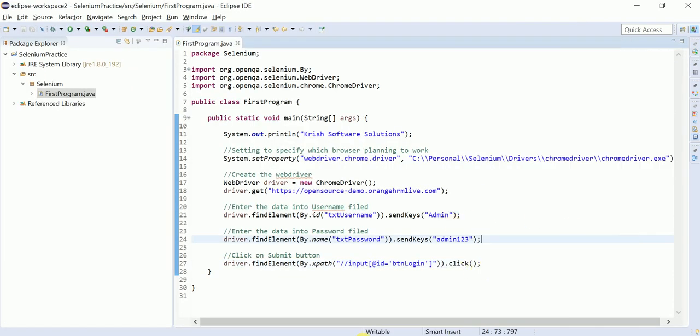I hope now you understood the importance of how we are working with ID, name, XPath. I hope you understand why I have taken that much time to explain XPath, CSS, and ID, name, how to highlight with the IDE. So this is the importance of locators. If you know how to work with the locators, Selenium is very easy. Few concepts will be there, you just need to learn those concepts, but the main important thing for Selenium is identifying the locators, identifying the elements. Okay, so this is how it works, and that's all for this video.